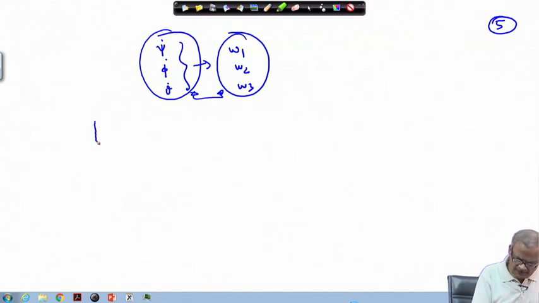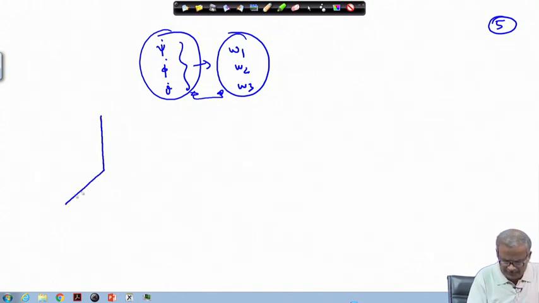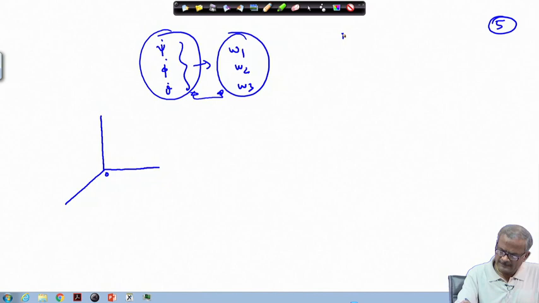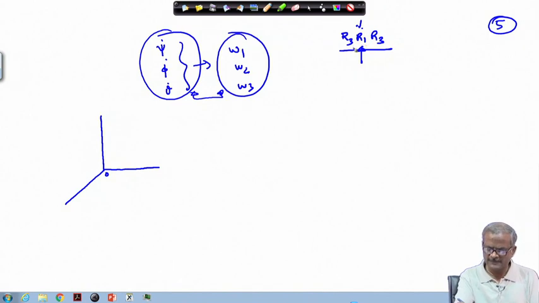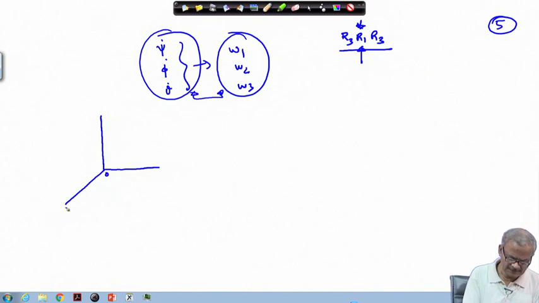a body where I have a frame. Now, we will choose, this is point O, let us say, we will choose the rotation type R 3, R 1, R 3. As I have told you, the third rotation is a rotation about the first axis, where R 1 is the rotation about the x axis. Here in this case, we can tag this as 1, 2 and 3.